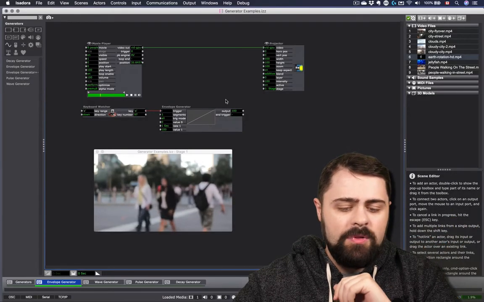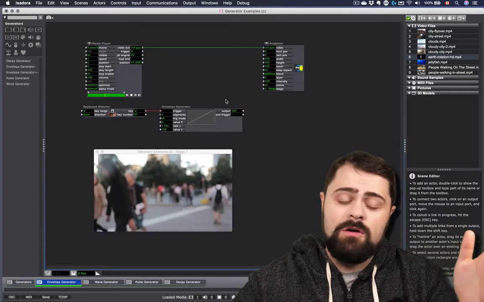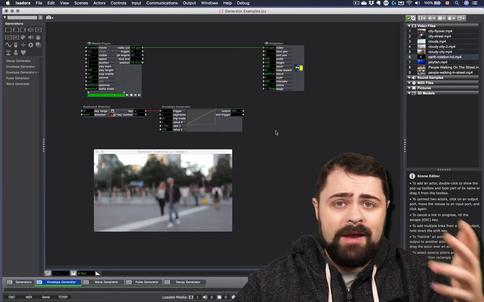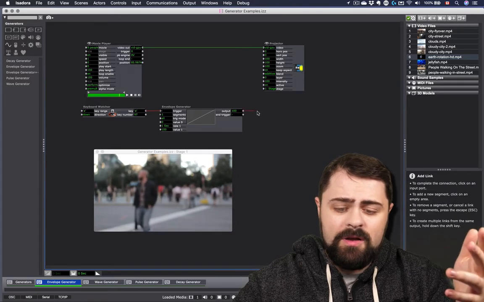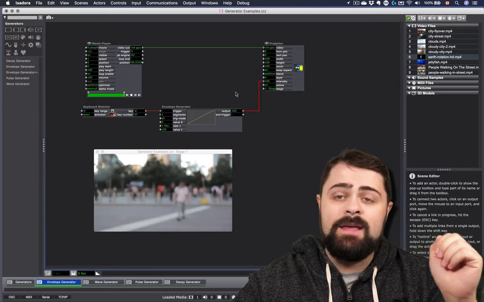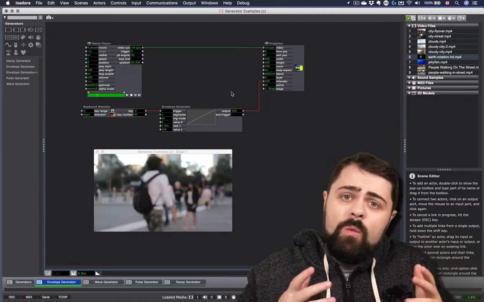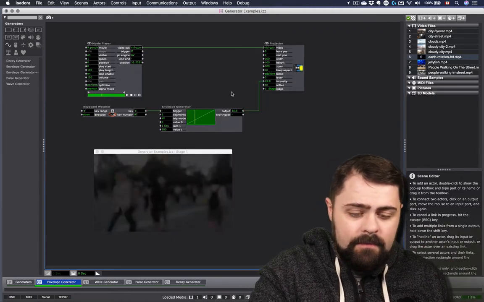So let's try plugging the output of our envelope generator to one of the properties on our projector. I'm going to keep it really simple, and I'm just going to plug this rate into our intensity on our projector actor. Now let's watch and see what happens when I press the A key.